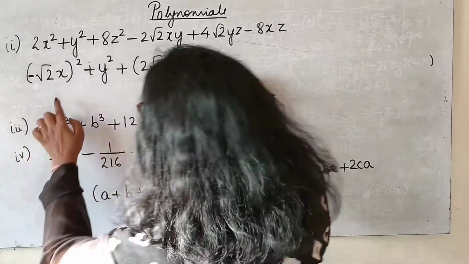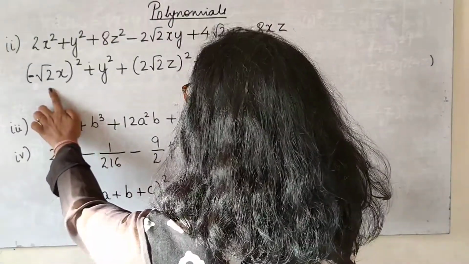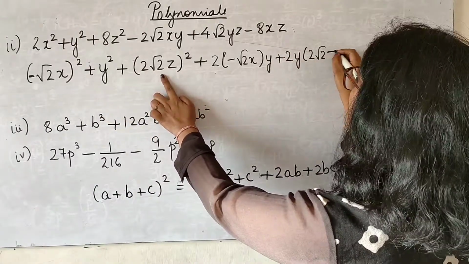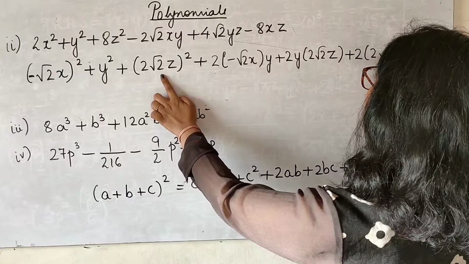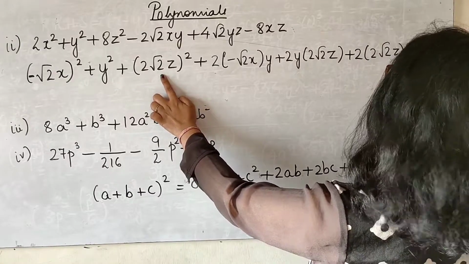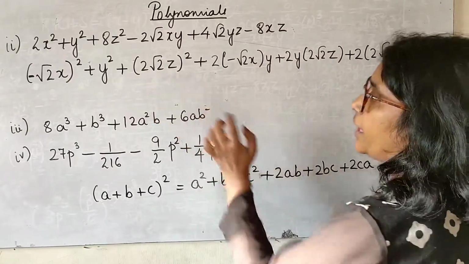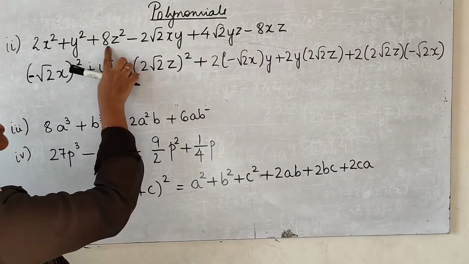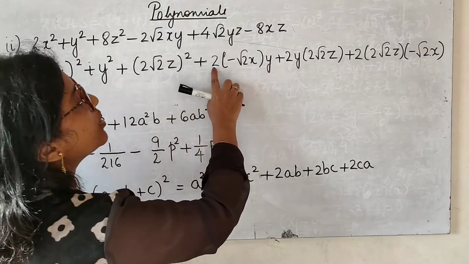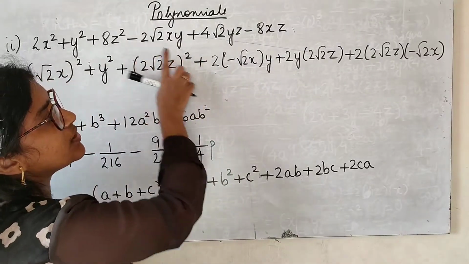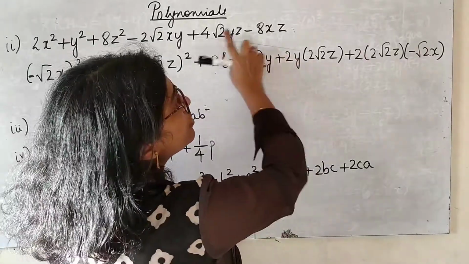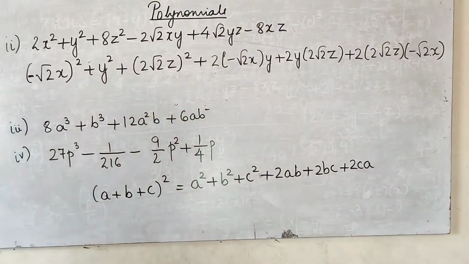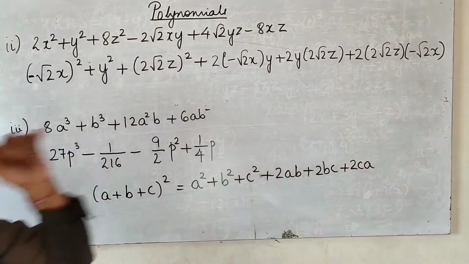And then I just have to follow the formula 2ab plus 2bc plus 2ca. Now check it out. 2x square, y square, square of this 8z square, and the next one, what is it? 2 root 2 xy with the negative sign. 2 2s are 4 root 2, and this is 2 2s are 4, and root 2 into root 2 will give me 8, and a negative sign there. So this becomes